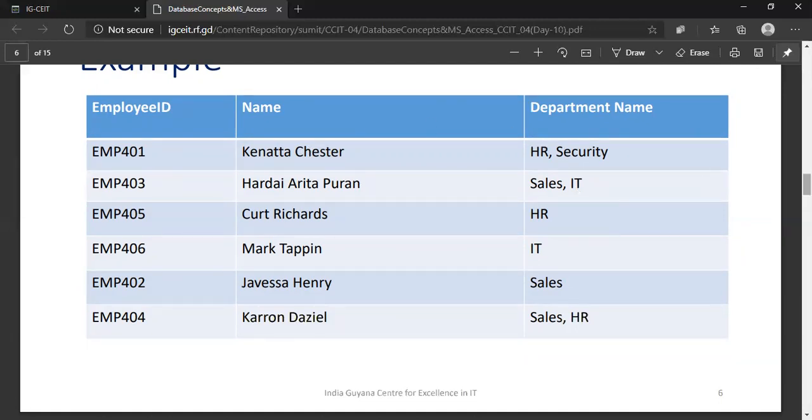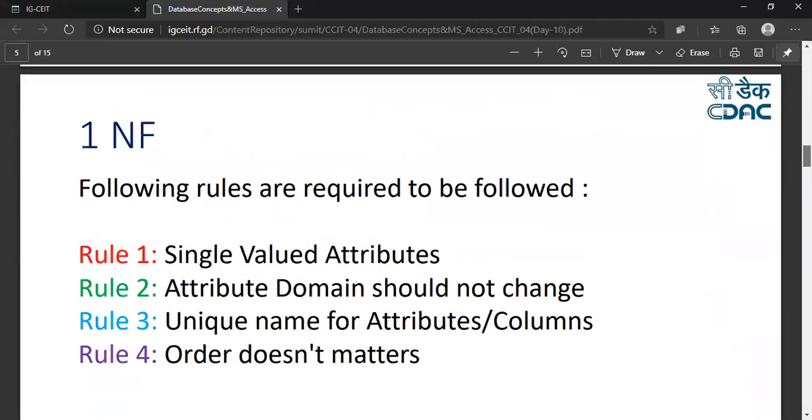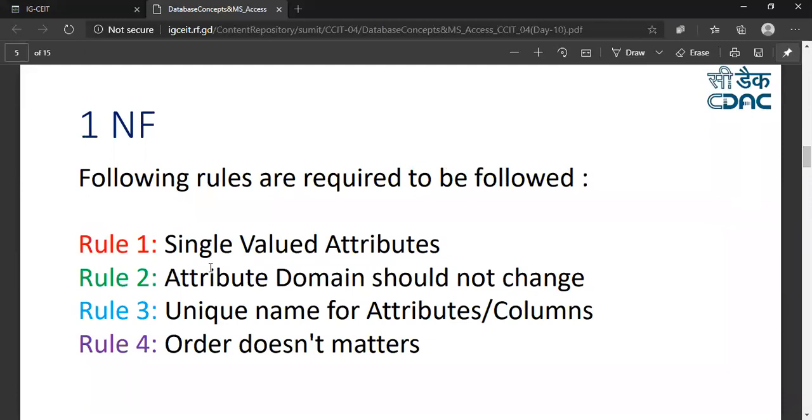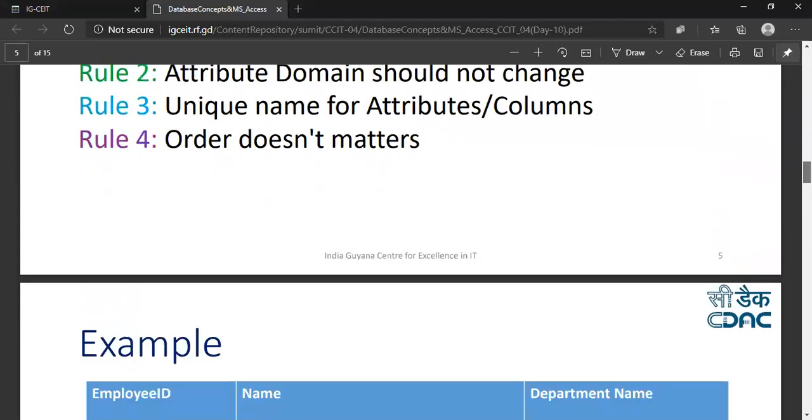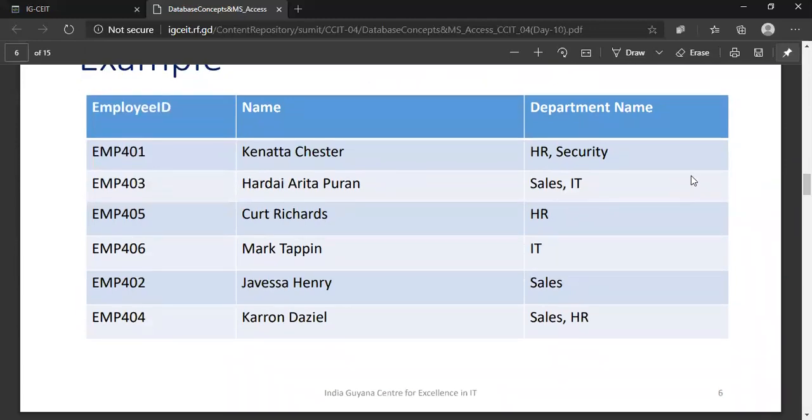So we say this particular table is not in first normal form, because as per first normal form, every column should contain a single value, but there are multiple values. So this is not in first normal form.